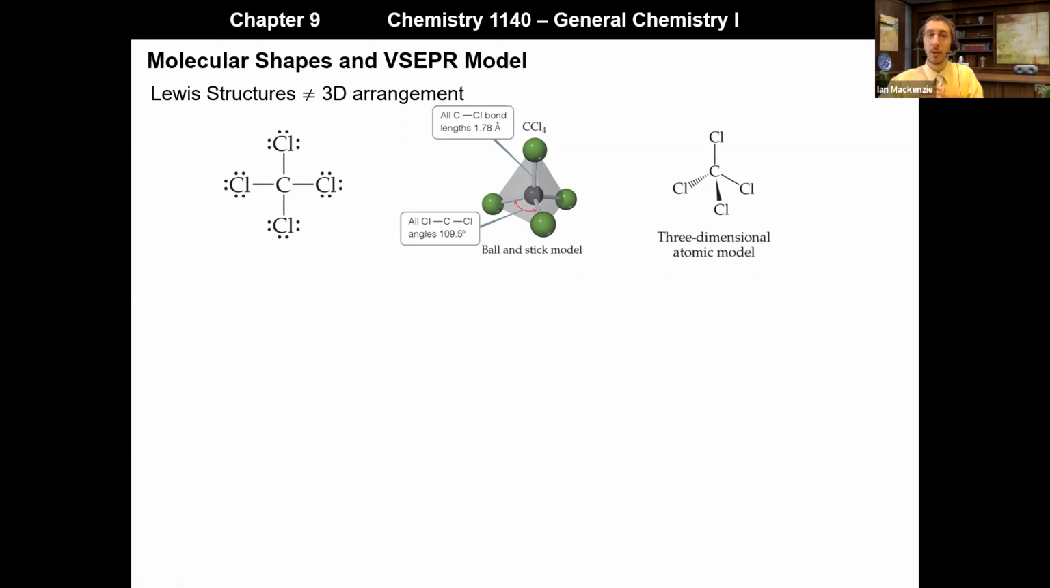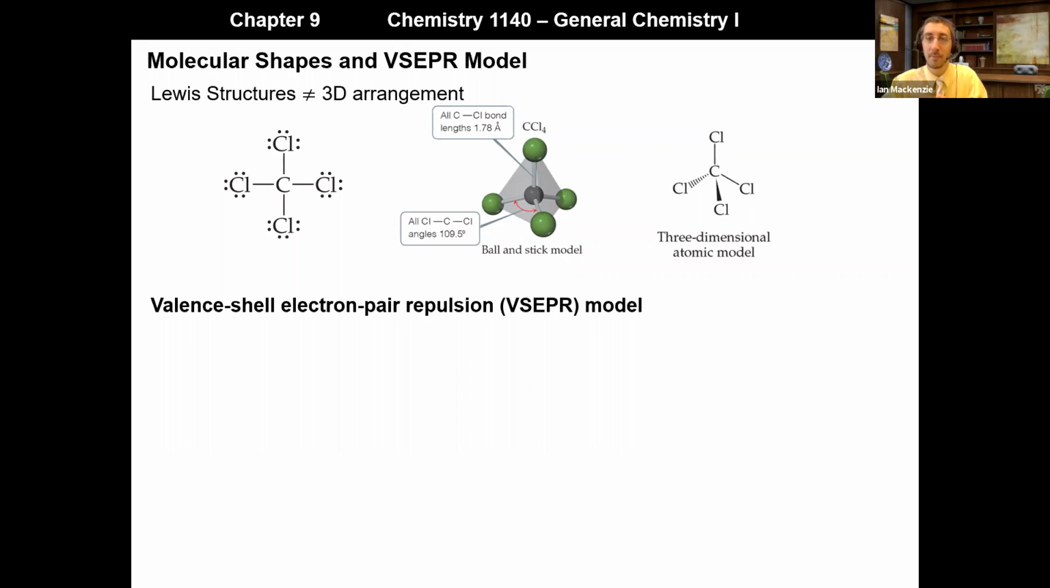So if Lewis structures are not a good representation for three-dimensional structure, how do we predict or talk about the three-dimensional structure of molecules and their molecular shape? To talk about it, we use this model known as the valence shell electron pair repulsion, or VSEPR model. It's commonly mispronounced as VESPER, but it doesn't actually matter that much